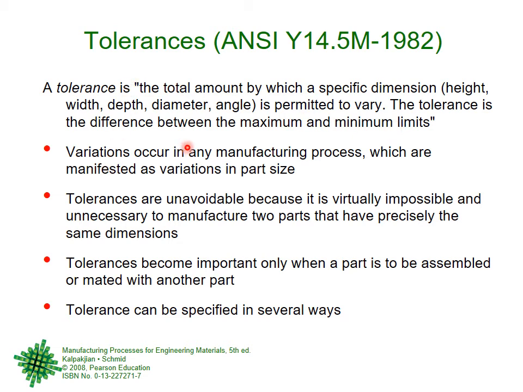So variations occur in any manufacturing process, which are manifested as variations in the part size. Tolerances are unavoidable because it is virtually impossible and unnecessary to manufacture parts that have precisely the same dimensions. Tolerances become important only when a part is to be assembled or mated with another part, and tolerance can be specified in several ways. I keep on telling you, so I will spend an extra minute about that: quality, cost,